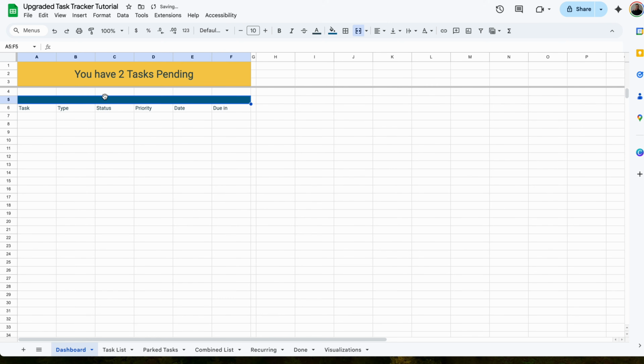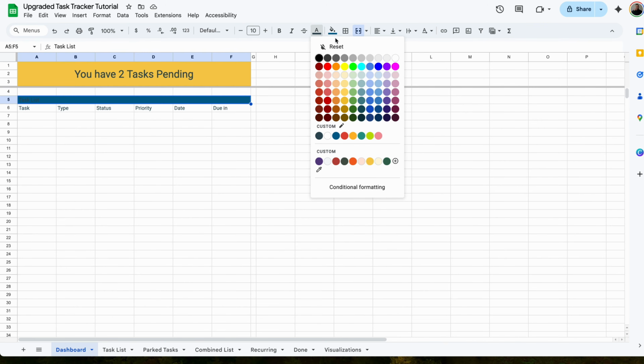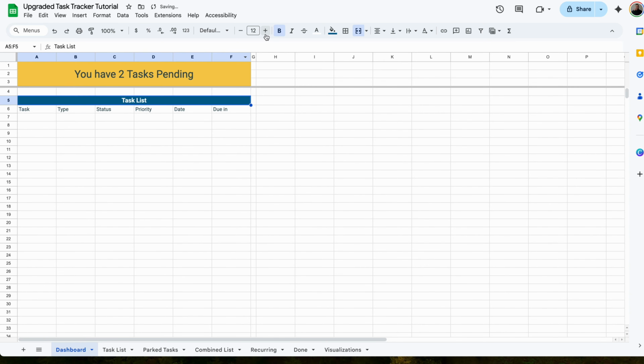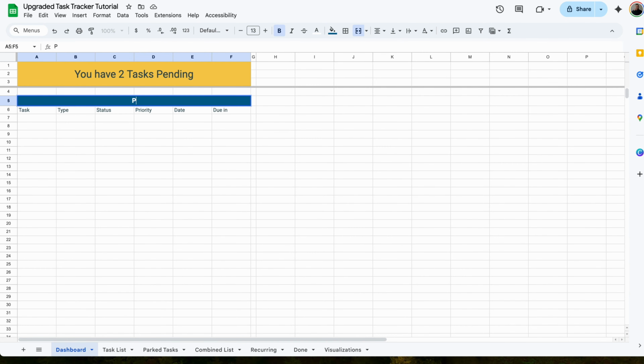Now up here, I'm going to put task list, and you can't really see it in its current state. So I'm going to make the text color white, make it bold. We're going to make that centered as well, and size 13. And I actually don't want it to say task list. I want it to say pending tasks, because this will only include tasks that are currently pending, not the ones